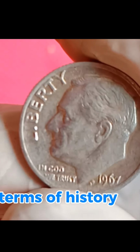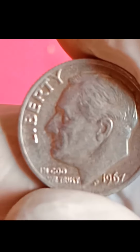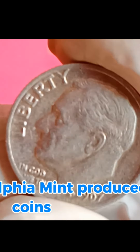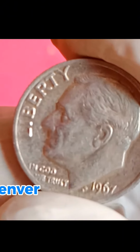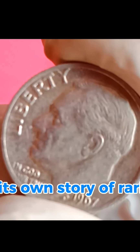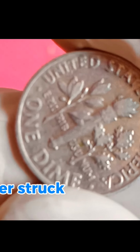In terms of history, the 1961 Liberty dime was minted in two main locations, Philadelphia and Denver. The Philadelphia Mint produced coins without a mint mark, while the Denver Mint used the small d symbol. Each carries its own story of rarity and demand. Philadelphia struck well over 93 million examples, while Denver struck about 200